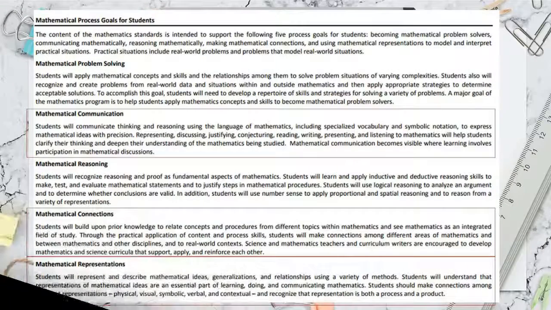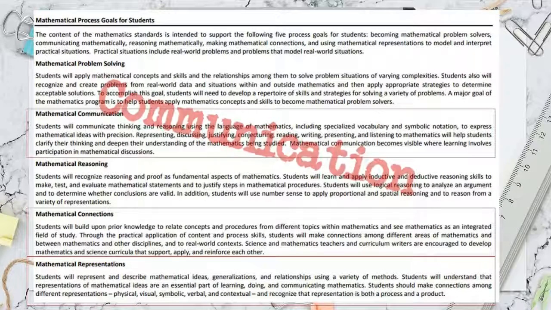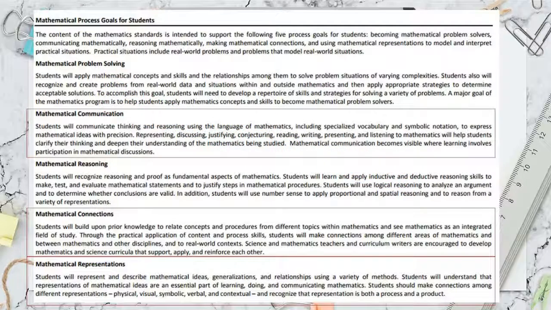With a focus on communication, connections, and representations within SOL 1.2a, students will be able to organize and consolidate their mathematical thinking through communication, communicate their mathematical thinking coherently and clearly to peers, teachers, and others, analyze and evaluate the mathematical thinking and strategies of others, use the language of mathematics to express mathematical ideas precisely,